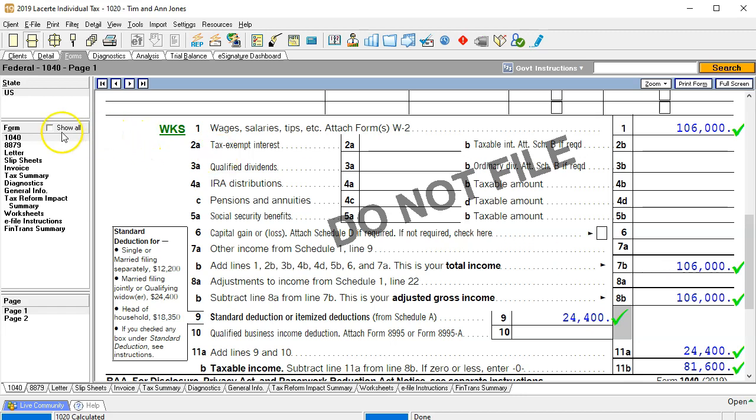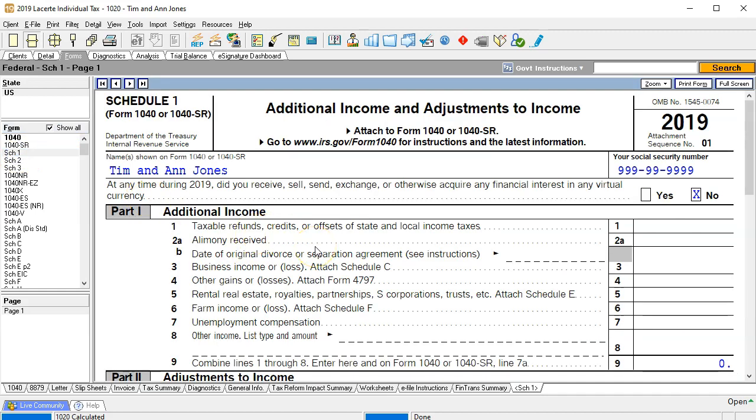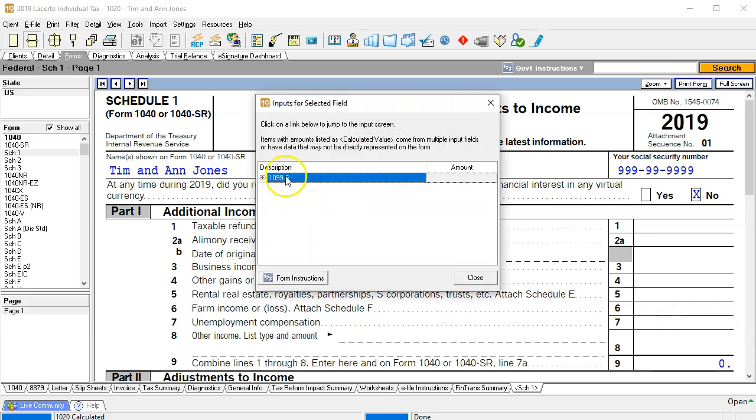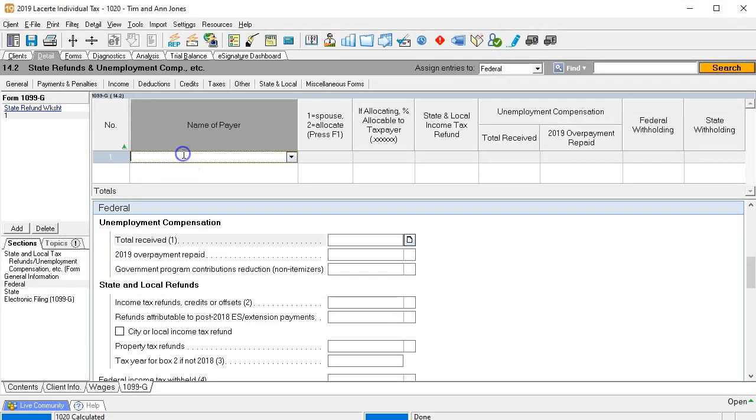Or it might be in the schedule that has some more unusual income items, which is Schedule 1, such as unemployment compensation on line 7. So there it is on line 7. This software has a nice jump to feature. I can right click and jump to it, and it'll help me find the data input screen. So I can jump to it, and here's our data input